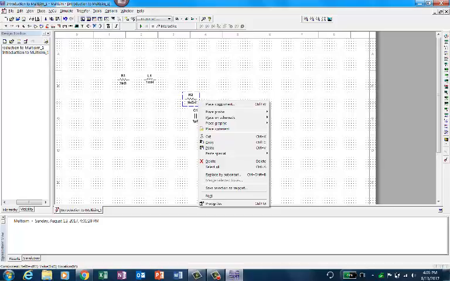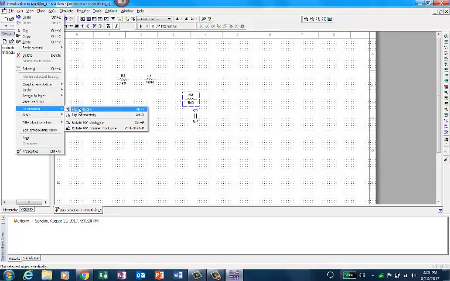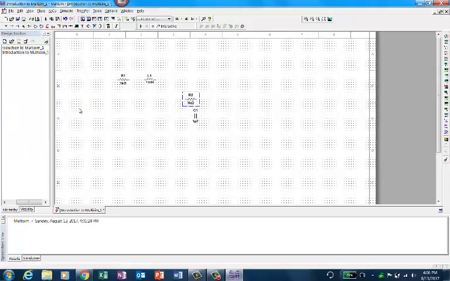Paste it, rotate that. We should be able to see the view menu or edit menu. We should be able to find orientation. We'll say flip vertically or horizontally. Let us do this vertically or horizontally. We'll put this one in vertically. Okay, now we want to